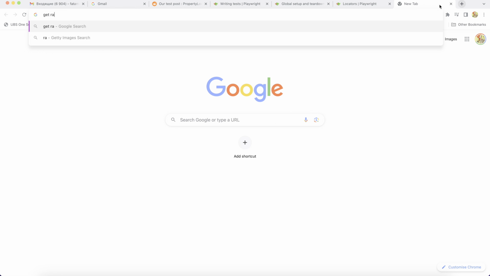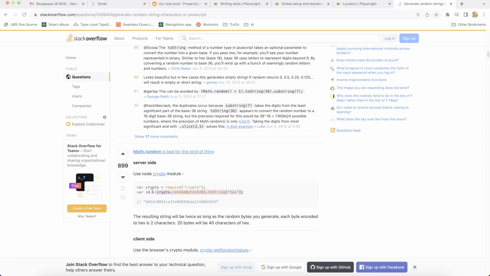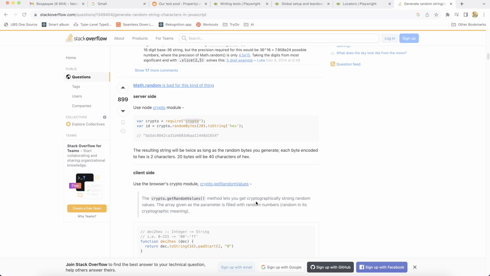I will just Google a script for get random string JavaScript. I need something really simple. Okay, we can just use the crypto module and get some random bytes. So let's install this module. So what was the random bytes? Okay, let's import them,